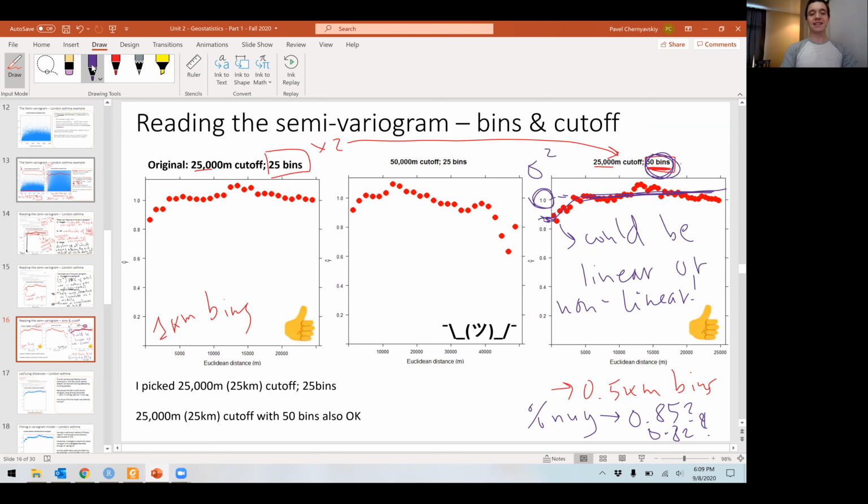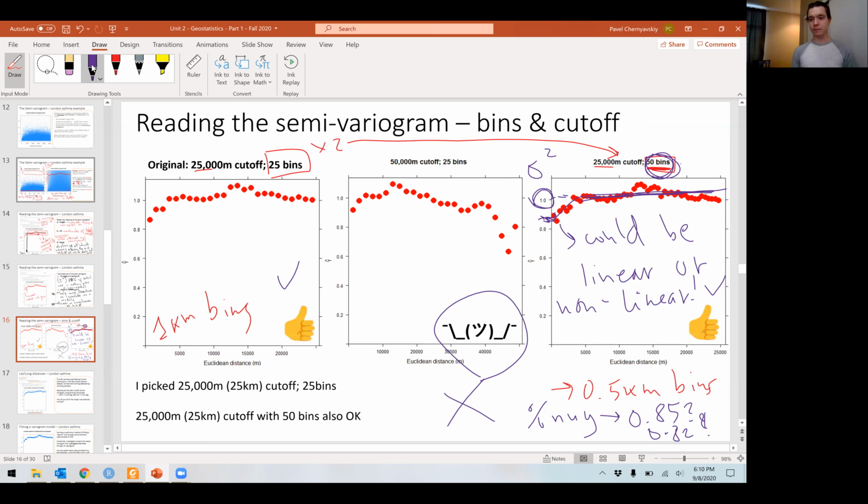To be clear, the left panel and the right panel are both okay. I would go and put either one of those in a publication. I think I just picked 25 because frankly, I think it looks better. I think the 50 bin one is a little bit noisy for me. That is an arbitrary call. That is a judgment call. The one that does not look good